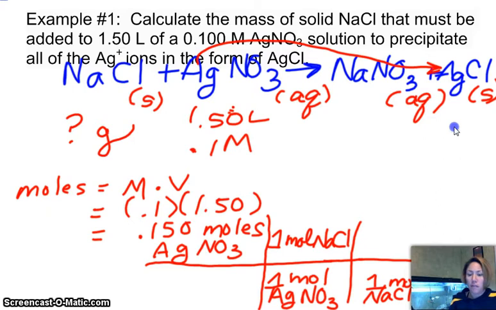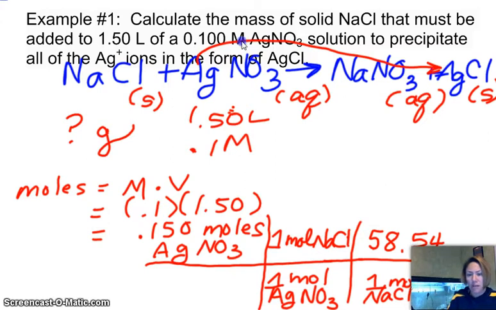It's 58.54, right? Isn't that the formula mass of sodium chloride? 58.54. So we can multiply by all the tops, 0.150 times 58.54, divide by all the bottoms, and we should